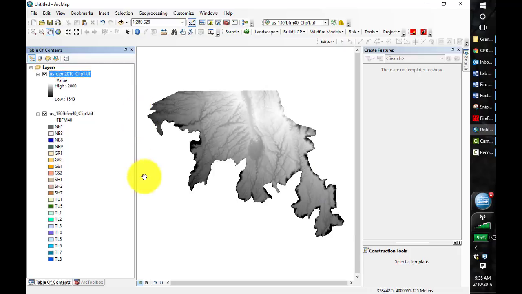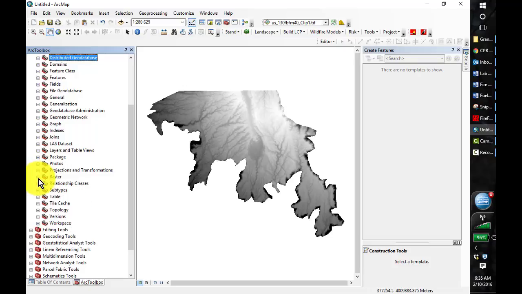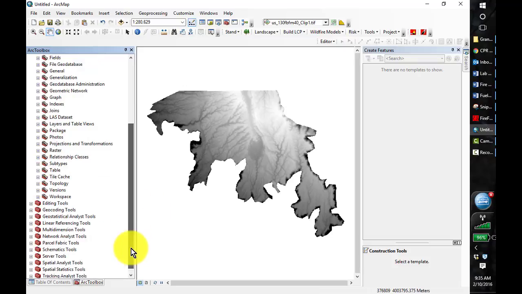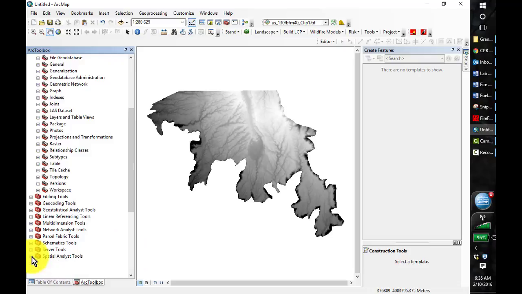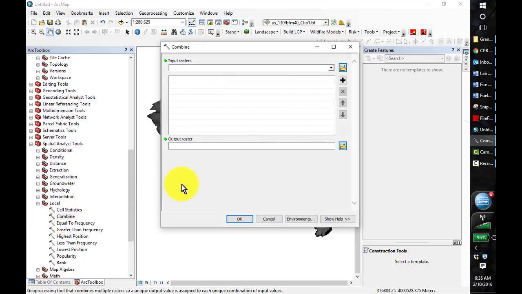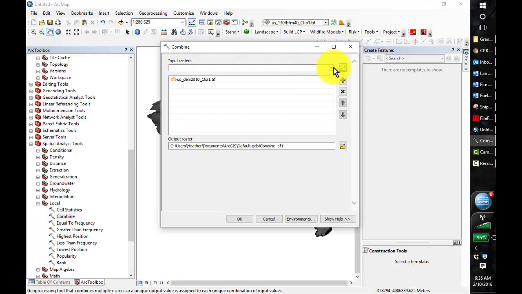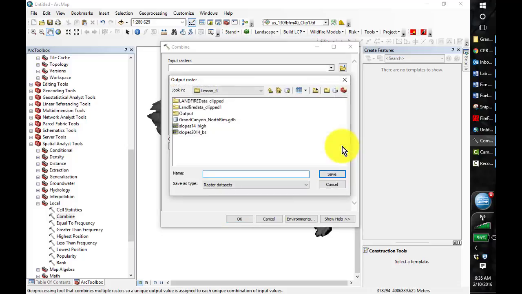Now we're going to go to the spatial analyst and select combine. Under local, select combine. And our input rasters are going to be both of the ones we have in the project. And our output raster folder is going to be,